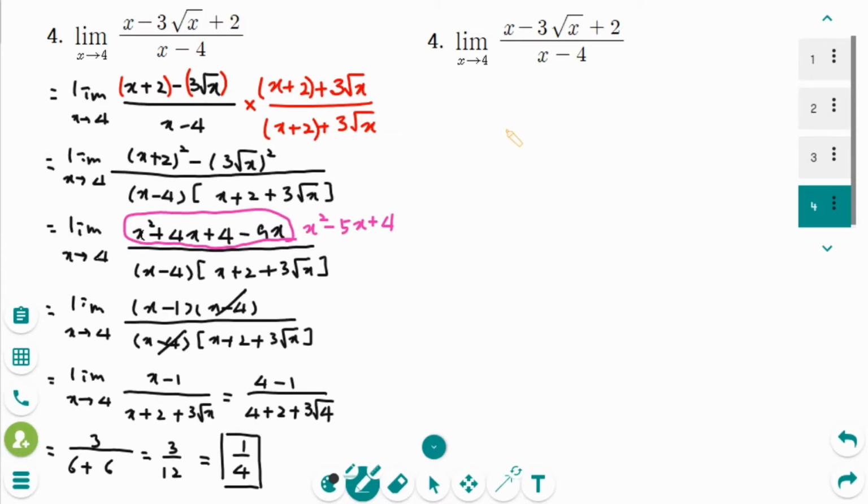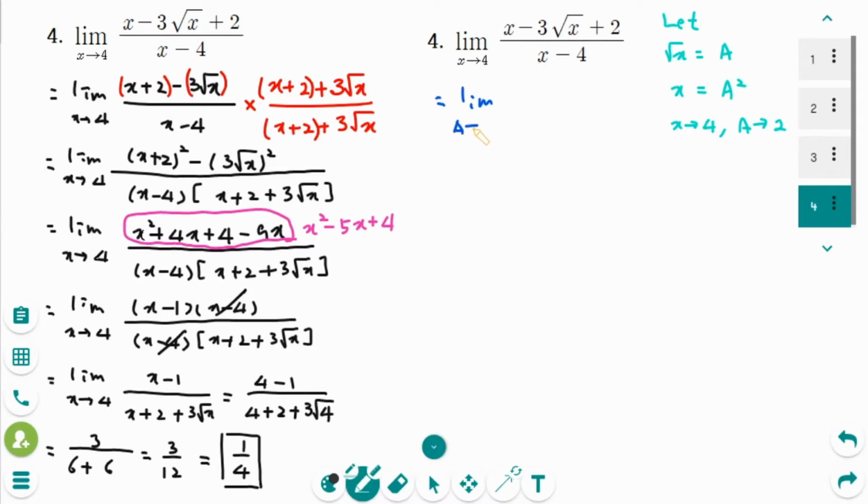The second way is to use substitution. So let square root of x be a, and then square each side. We will get x equals a squared, and x approaching 4 is the same as a approaching 2, because if x equals 4, square root of 4 equals 2. Now rewrite the limit